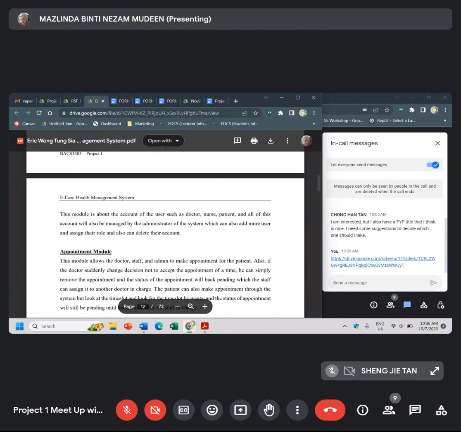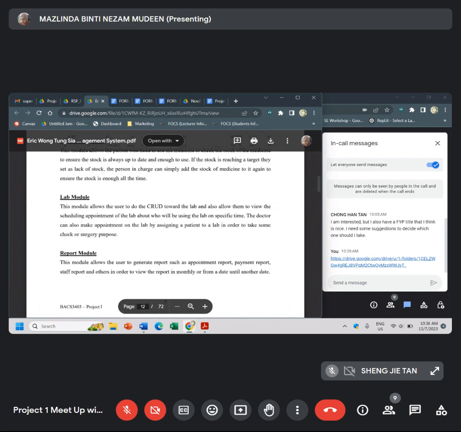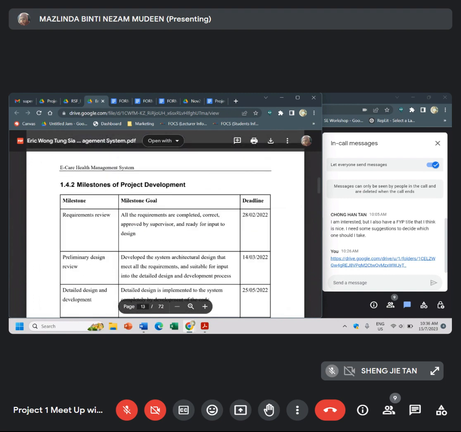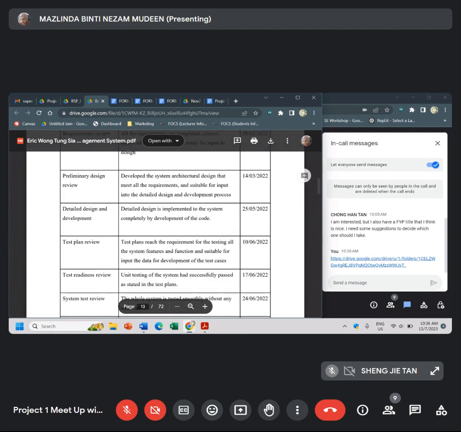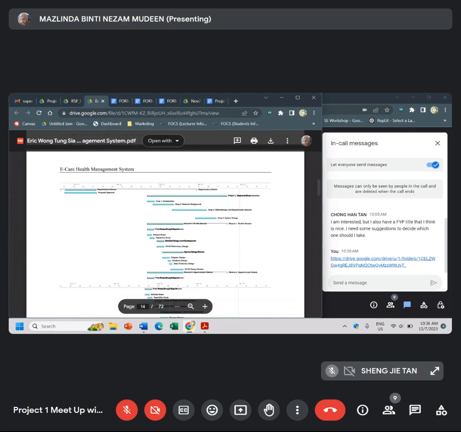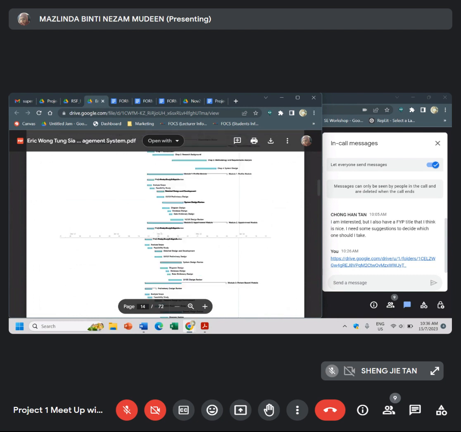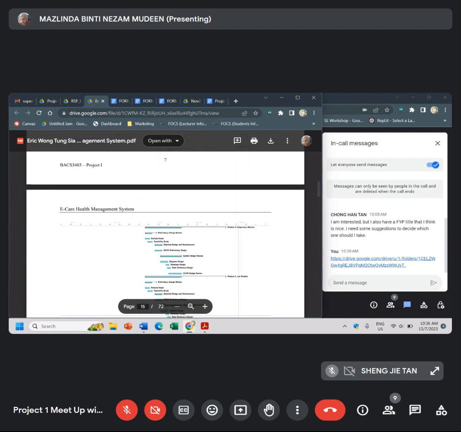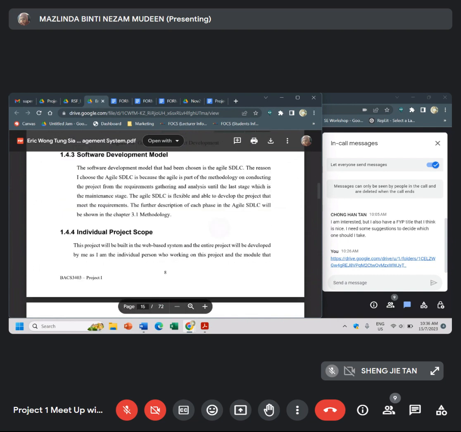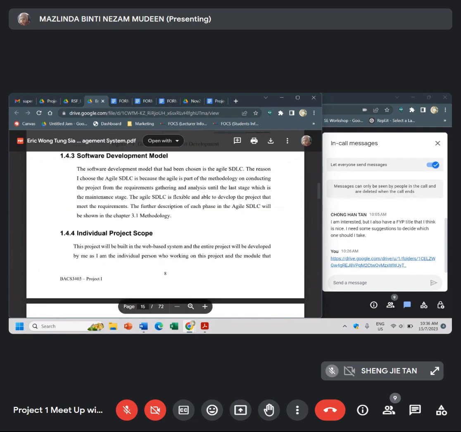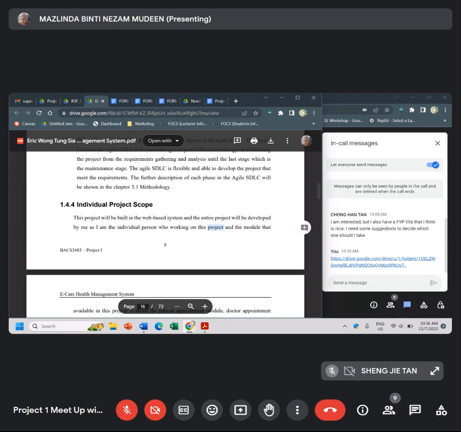This is the explanation of each of the modules. Then this is the similar milestone which you take back from your proposal. Then the Gantt chart: according to the table format schedule, this will be your Gantt chart. Then which software development model you are going to use for your project. If you are working in a team, both of you will be using the same model. You don't need to talk much about the model yet, because we will talk about it in your chapter 3 later under the methodology. Then this will be the individual scope.